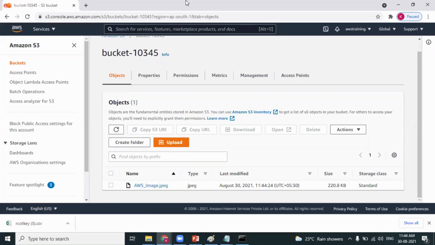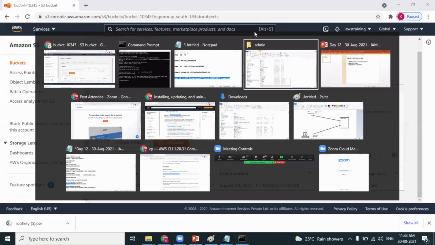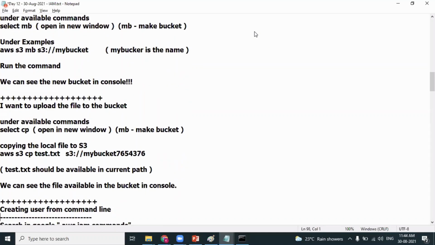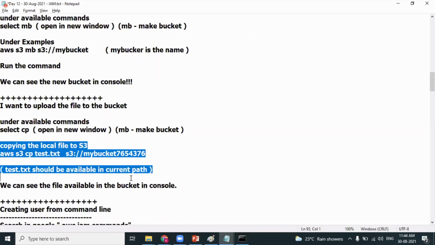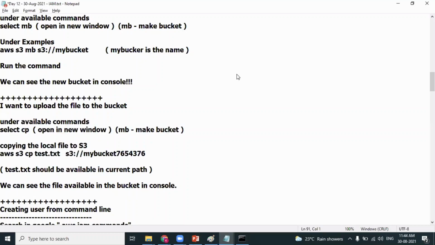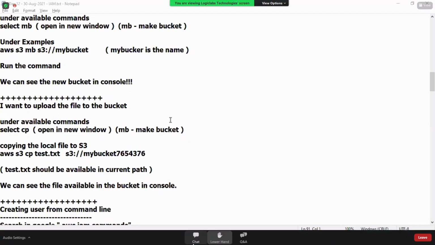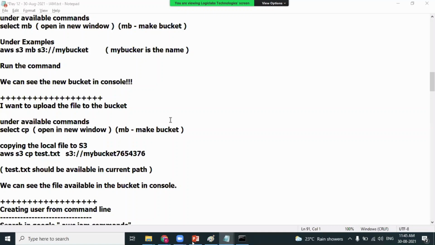Right. So like this, there are thousands of commands. Okay, so go back to the notes. It helps you to copy the files into the bucket. What I want to tell you, Anuj, is that there are thousands of commands for whatever you can do from the console access. If you want to enable versioning, there's a command. If you want to delete a particular object, there's a command. If you want to delete a bucket, there's a command. If you want to enable cross-region replication, there's a command. If you want to enable lifecycle management, there's a command. If you want to provide public access, there is a command. If you want to provide private access, there is a command.